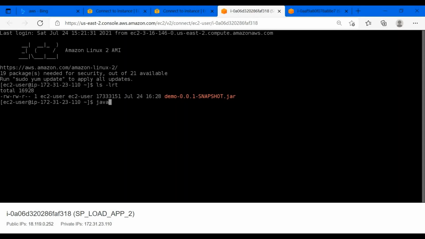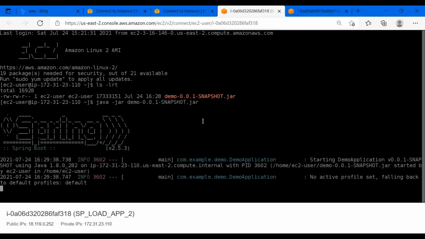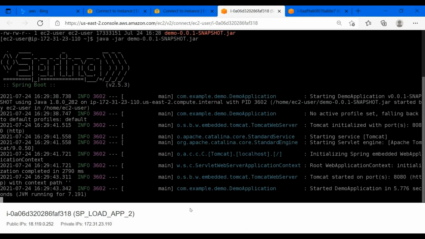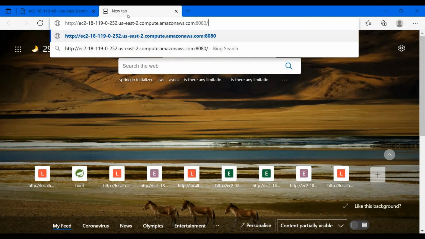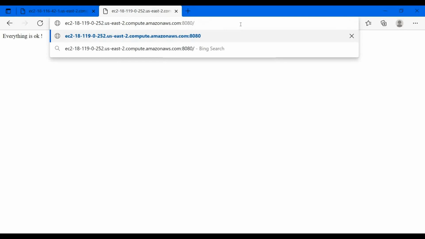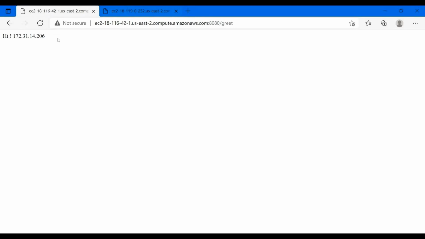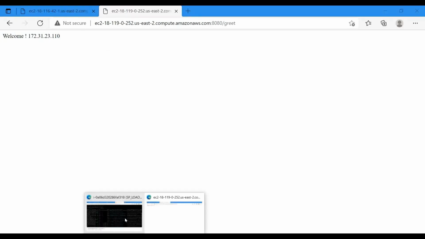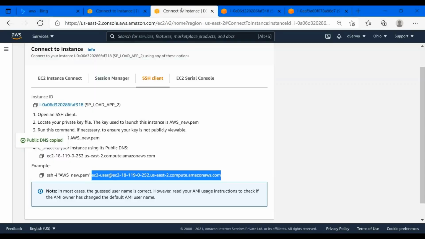So let's start the other instance and execute the application in it. You see, this is working. If you check minutely, you can see that the two IPs are different. Also the URLs are different, because these are the public DNS names of different AWS cloud instances. Both are showing different pages.